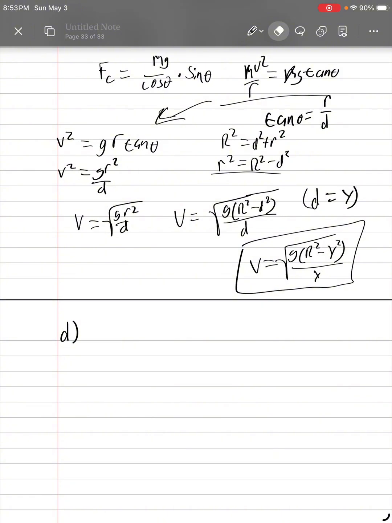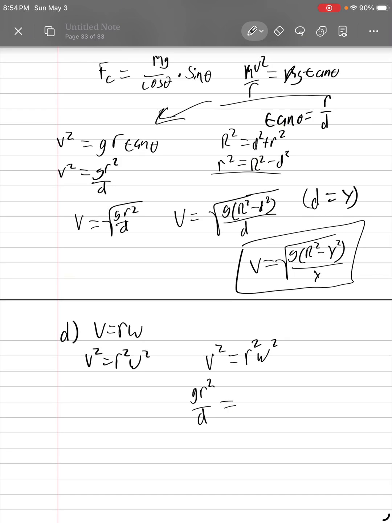All right, now for part D, we're just going to start with v is equal to R omega. And because of this, we also know that v squared is equal to R squared omega squared, as we could just square both sides and they'd be equal to each other. And so next we're just going to have v squared is equal to R squared omega squared. And we're just going to substitute what we found earlier. So for v squared, we have g r squared over d